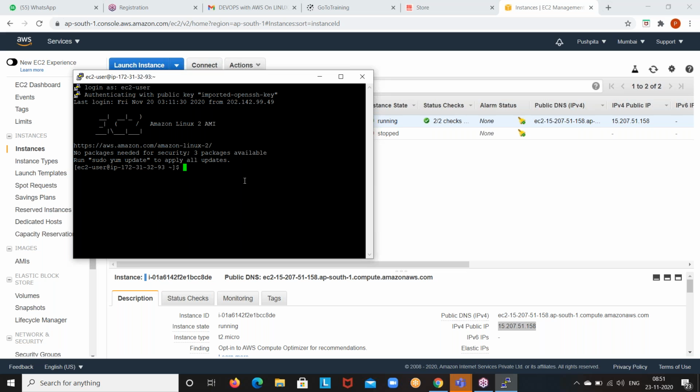Okay, good. You are able to log in now. Okay, sudo -i. So what is the default user we are logging in as every time? EC2 user. So there are two default users you will get, right? EC2 user and root user. EC2 user is a normal user. Root is a super user.